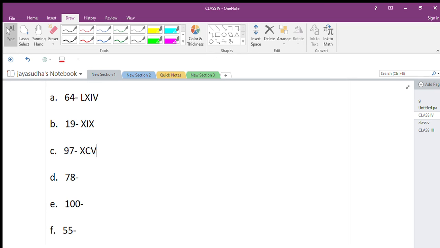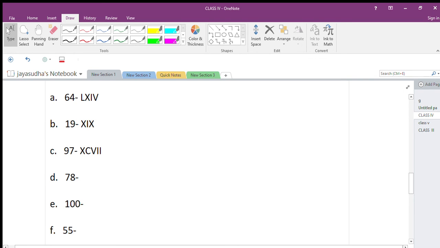Then you want to write 7. Already you know the Roman numeral 7. So this is 100, 100 minus 10. On the left hand side, a smaller numeral means you have to subtract. So 90, and already you know the Roman numeral 7. Okay children, now move on to the next.